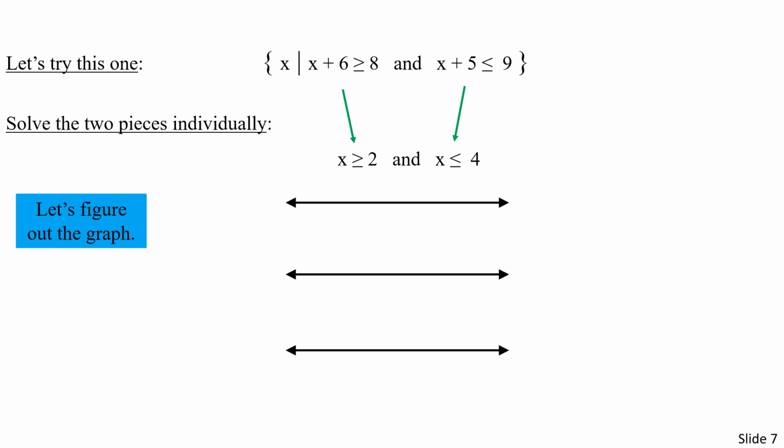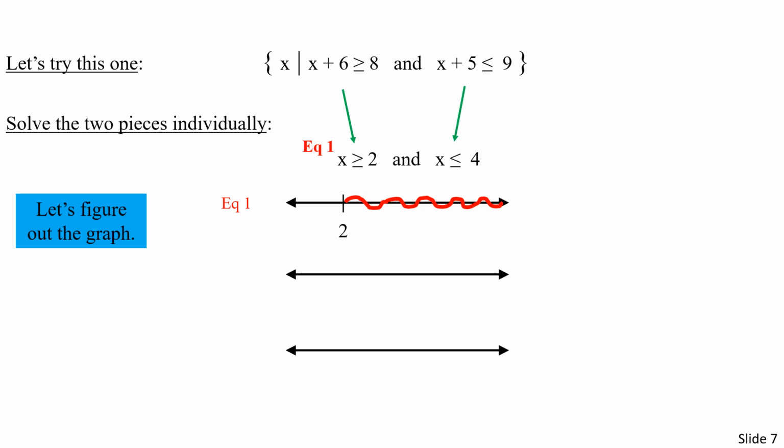I'm going to graph the top one on the left, one on the top. I'm going to graph the right one in the middle, and the bottom will be my answer. So I need to make sure that I put the 2 and the 4 in the appropriate orientation. So x is greater than or equal to 2, equation 1, would look like that